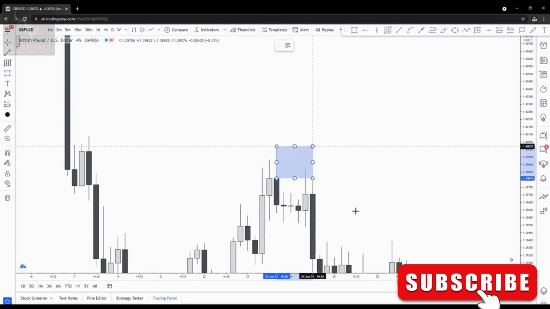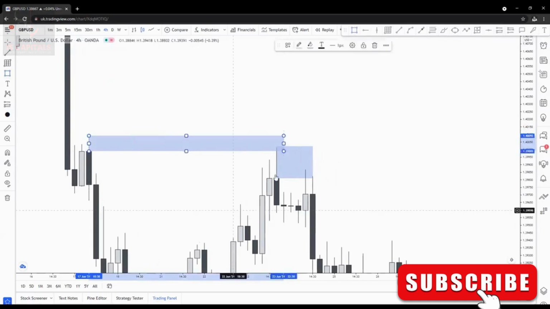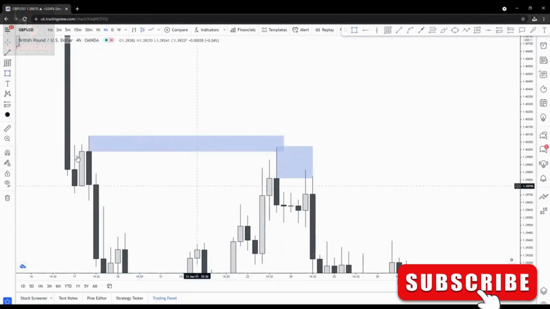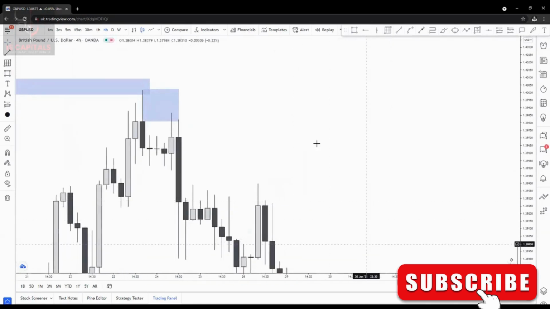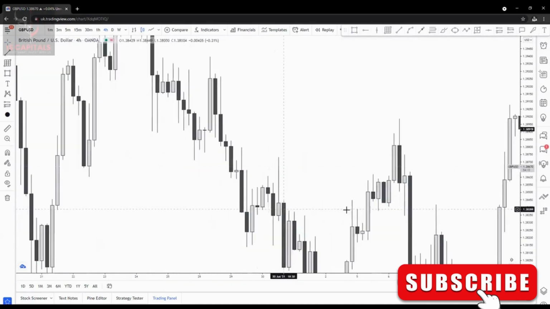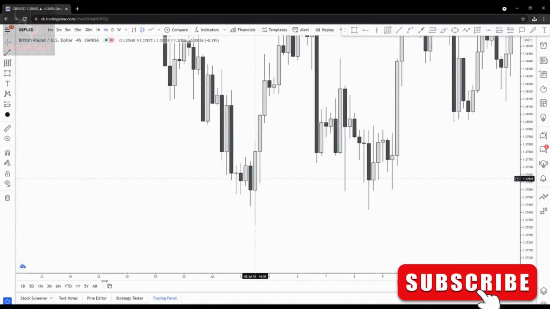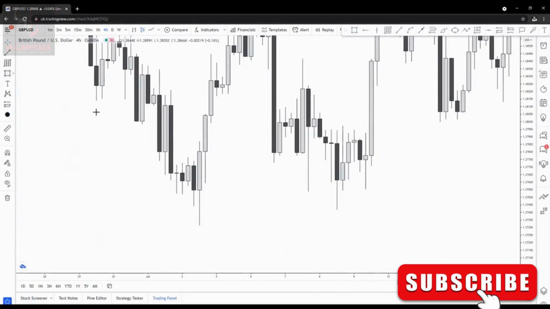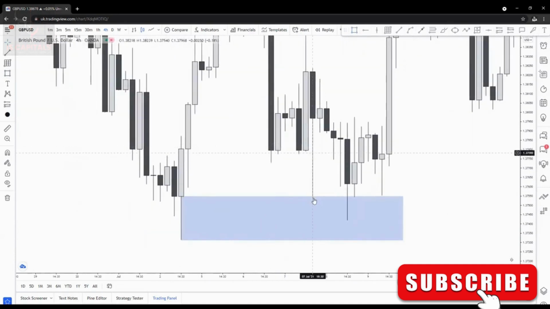And then you see how price came into the base of that wick. Okay, and then the same thing here. You see how price came into that opening of the wick. You see that accuracy here? We don't have to go to a lower time frame to refine this. It came into the base of that wick. So if you can follow wicks, that's better. Even right here, I told you, the first one will be on the base of the wick. You see? Came back down.